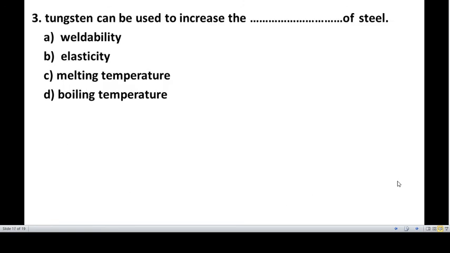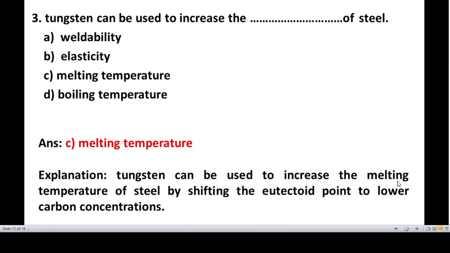And the third question is, tungsten can be used to increase the dash of steel. A, weldability. B, elasticity. C, melting temperature. D, boiling temperature. And the answer is the melting temperature. Because tungsten can be used to increase the melting temperature of steel by shifting the eutectic point to lower carbon